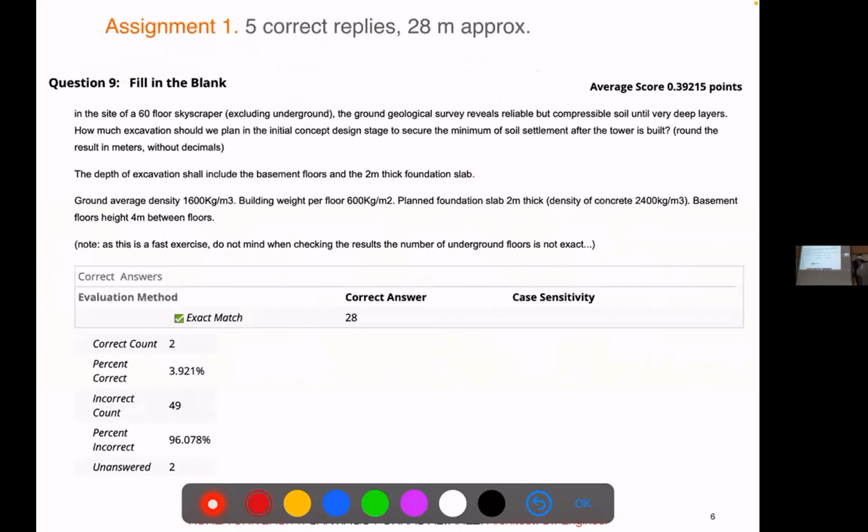So this is what we had: 28 meters. I had 5 correct replies. Of course, I did it by hand, so I might have been wrong. I'm not worried about being wrong, because if we have 50 people doing it, probably some people will find a mistake. But actually, I think it was mostly right. I will give you the solution. One thing with Blackboard: hopefully we will make the exam offline this time.